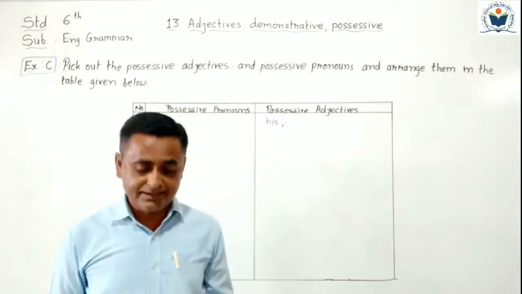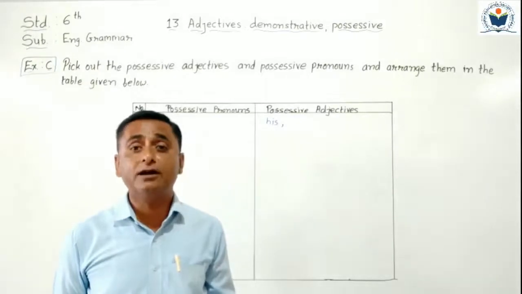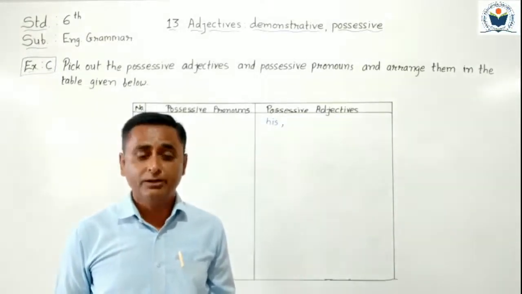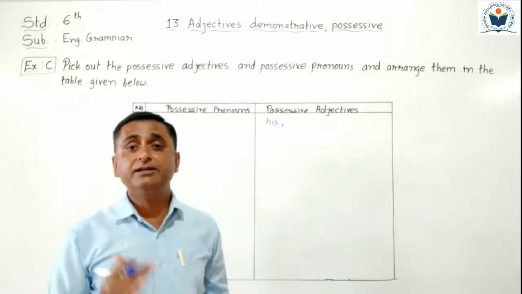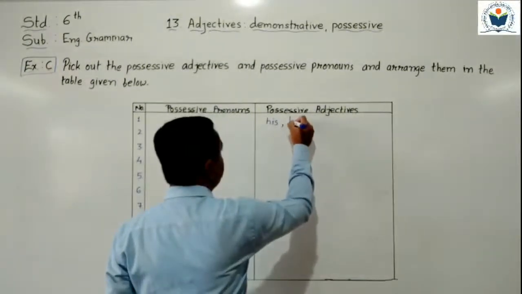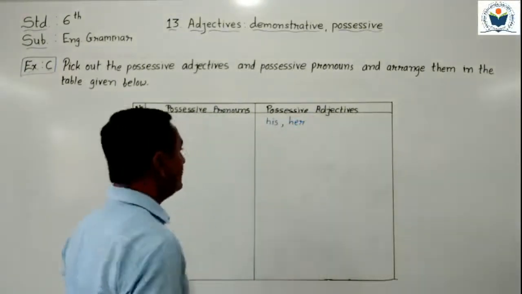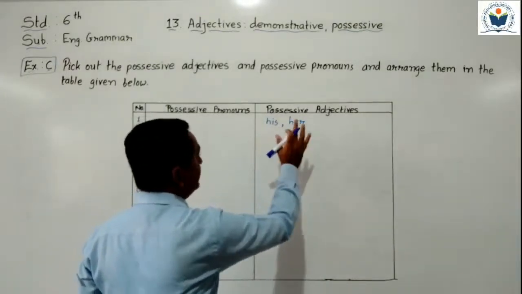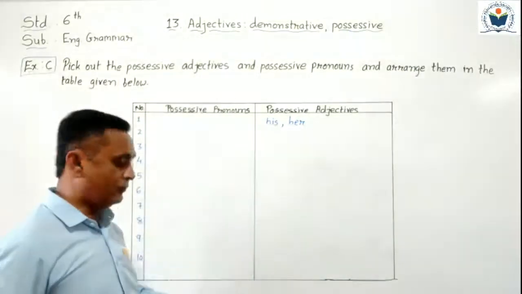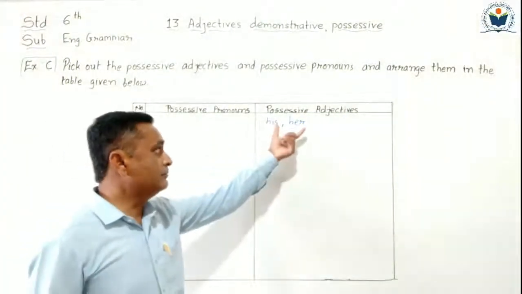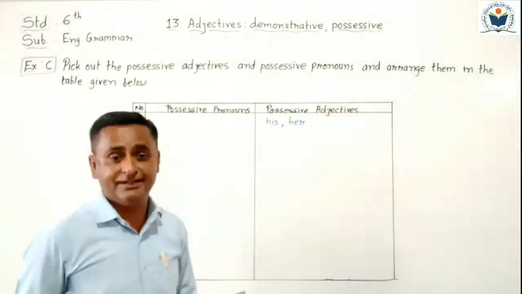The second part of that sentence is given here: she had chosen her own husband. Here her is given, and after her, own husband, a noun, follows. So we can say that here her is used as a possessive adjective. So what do we put here? Her also. So in the first sentence we got two possessive adjectives, his and her. This way you have to complete the whole table in your textbook. His and her are both possessive adjectives in the first sentence.